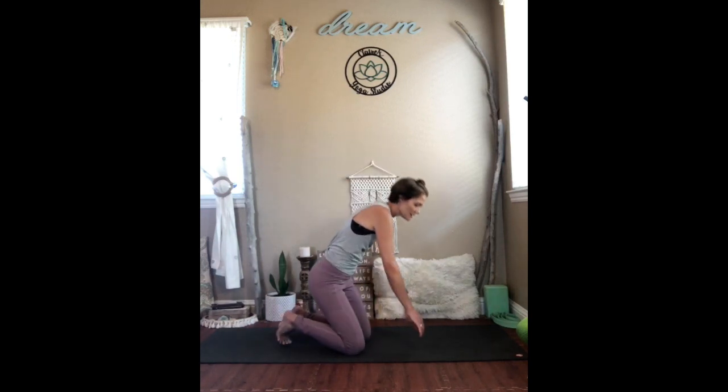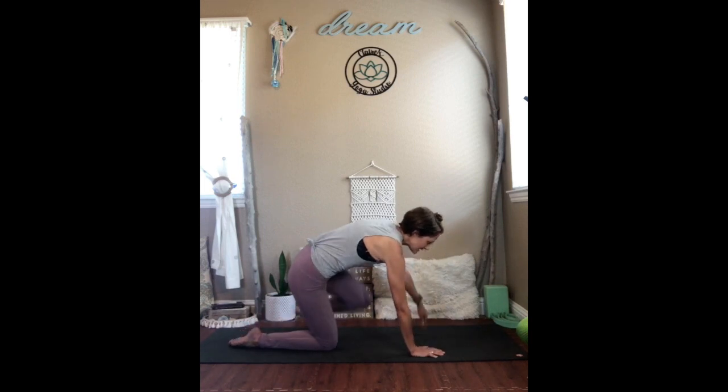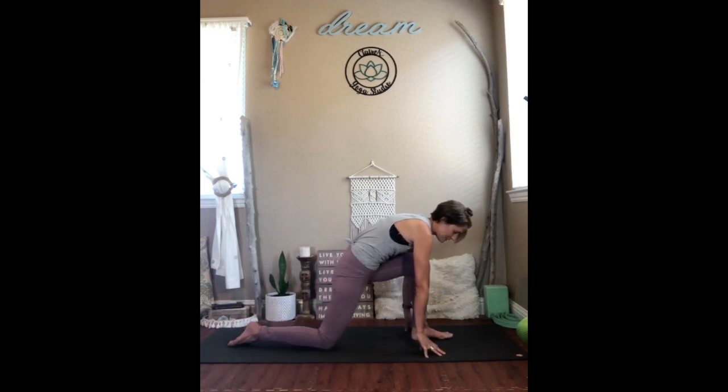We're going to come around into a tabletop position now, so come around onto hands and knees. We'll only be here for a moment. Like I said, we won't be putting too much pressure on the wrists or the shoulders today. So we'll just come into a gentle tabletop, and we'll bring that left leg forward. So step that left leg up,